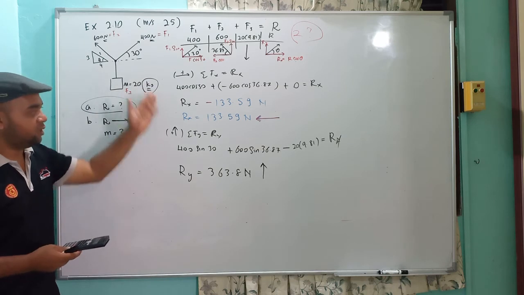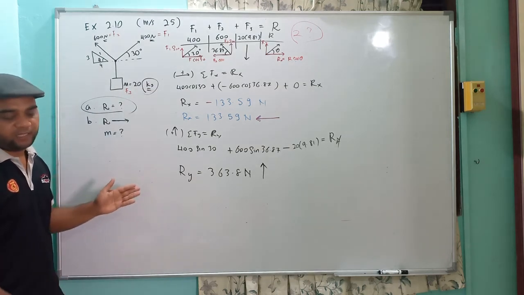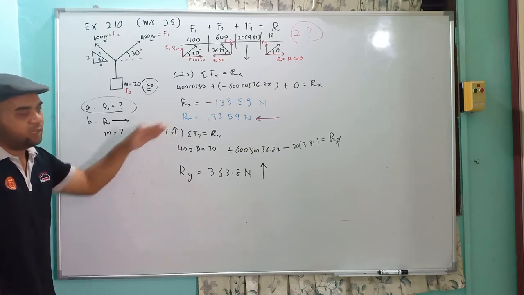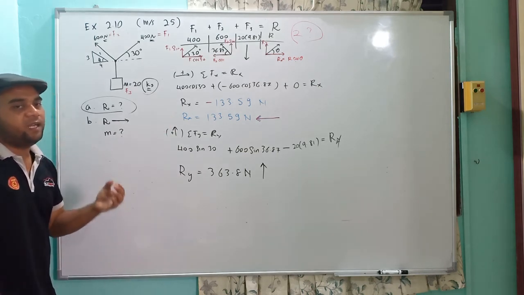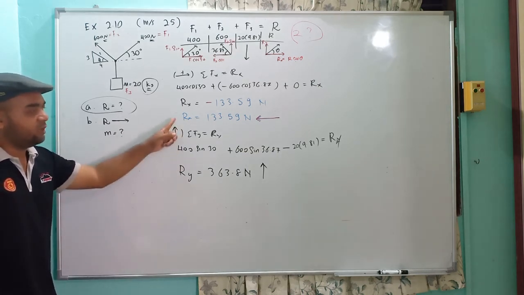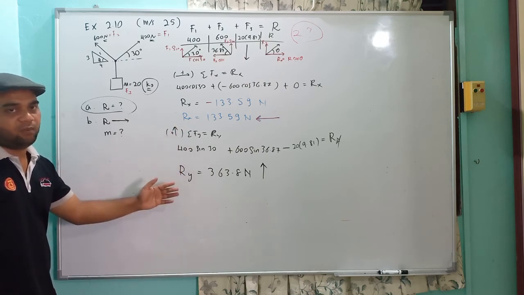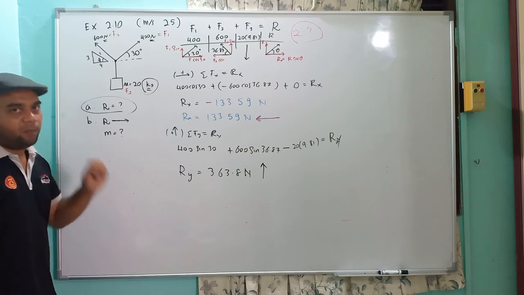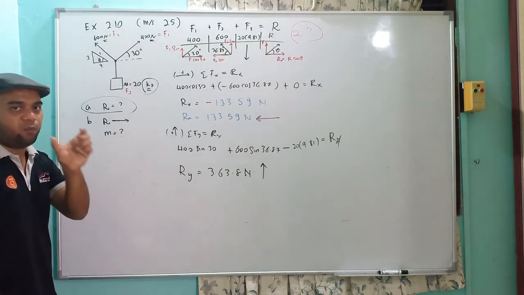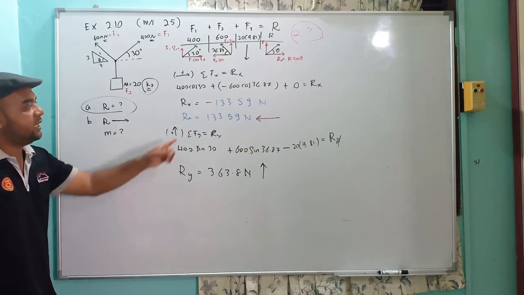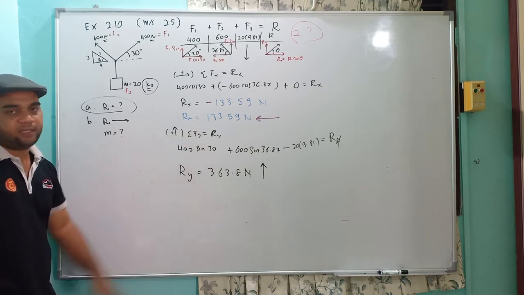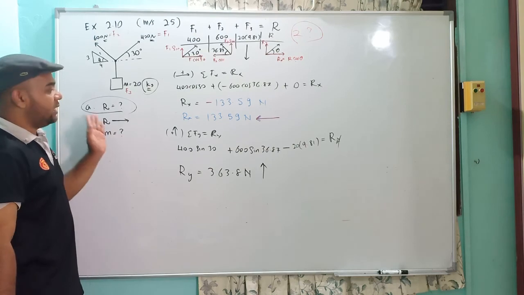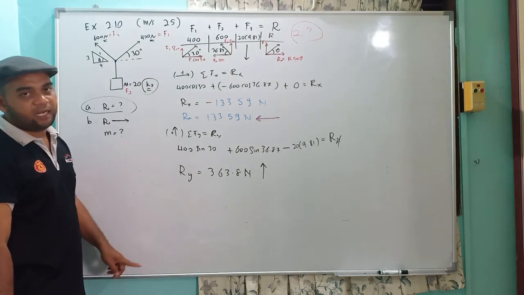Okay. Now we have the components of the reaction force, which are Rx and Ry. You cannot leave it this way. If the question asks you to find the R, you have to combine them to get the R. You cannot leave it in terms of Rx and Ry. If the question asks you to calculate the component of the reaction, the word component is there, and you can leave it in terms of Rx and Ry. Okay, but in this question, the question only asks what is the R, so you have to combine these two to get the R.